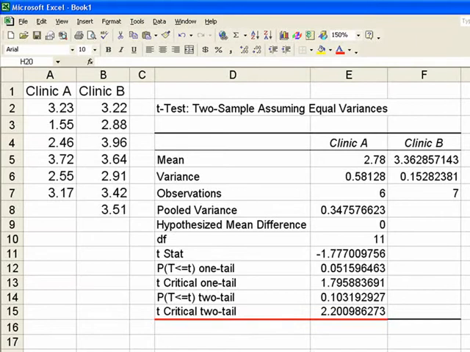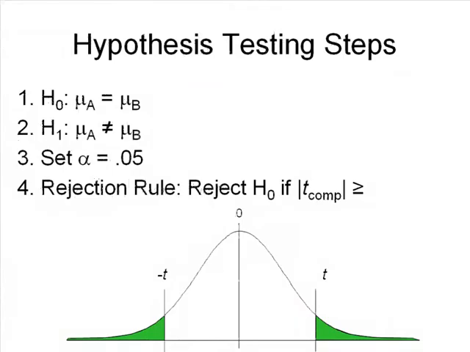2.20098 would round to 2.2010. So let's go back to our 7 steps. Let's take a look at where we are. Here we're looking for our rejection rule. We're saying reject H0 if the absolute value of the t-comp is greater than or equal to